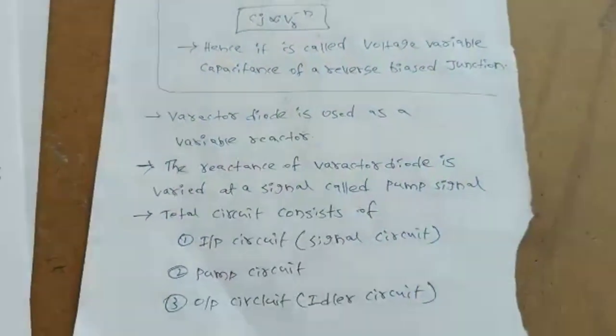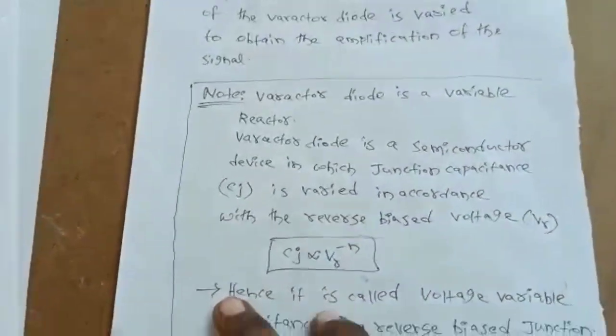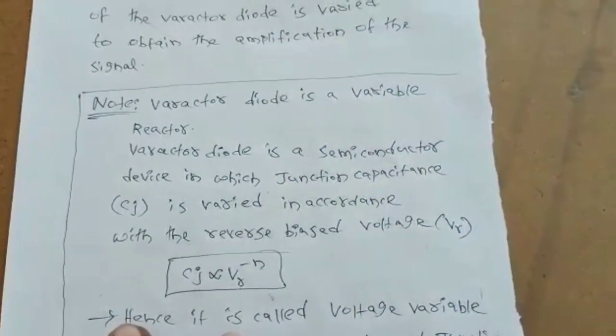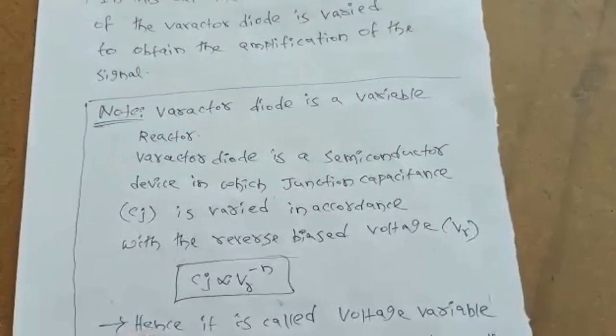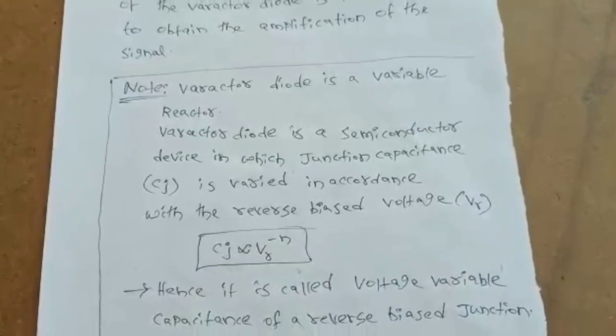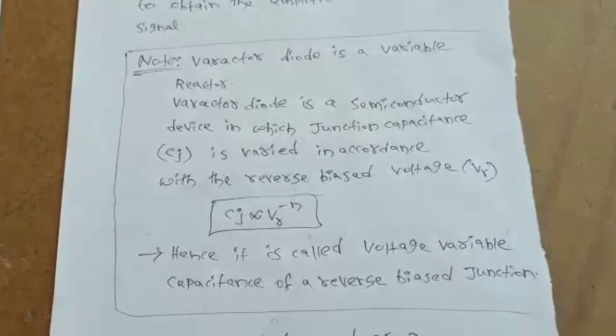So here you say varactor diode is a variable reactor. Before going to that one, you just have a look at this varactor diode. Varactor diode is a variable reactor. Varactor diode is a semiconductor device in which the junction capacitance Cj is varied in accordance with the reverse biased